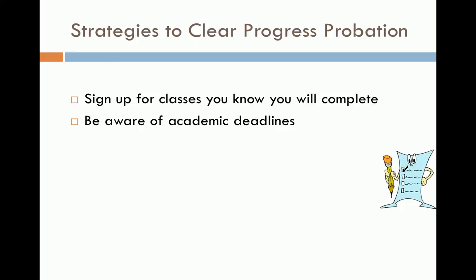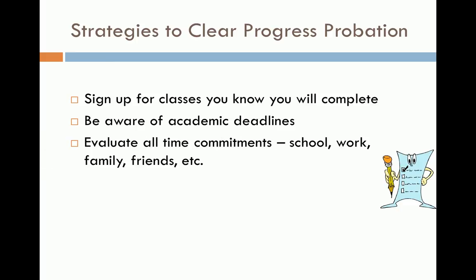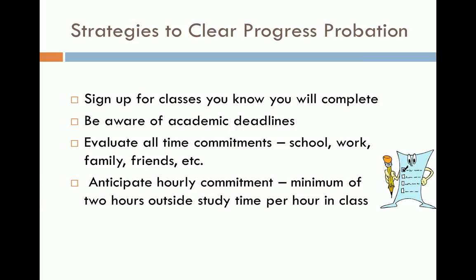Be aware of how much time school commitments will take and how that factors in with your other commitments like work, family, and friends. To be successful, you are advised to put in at least 2 hours of outside class time studying for every hour you spend inside the classroom. So if you are enrolled in a total of 12 units and you spend a total of 12 hours in class per week, you would need to spend an additional 24 hours outside of class studying